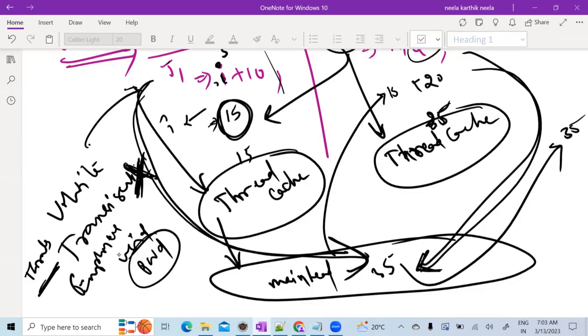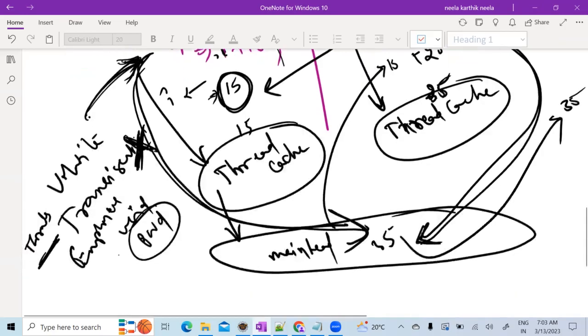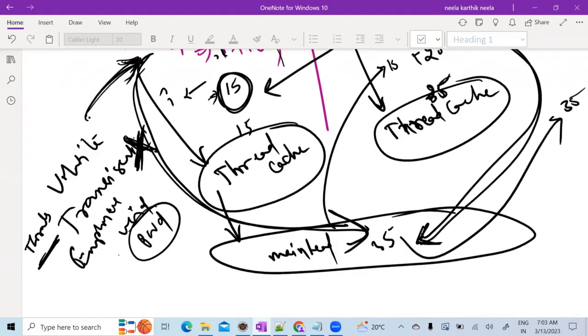So volatile can come in the threads concept. But transient is not related to a thread, but still they can ask. So that's the reason I'm explaining. Serialization is nothing but splitting the object into a series of bytes and sending